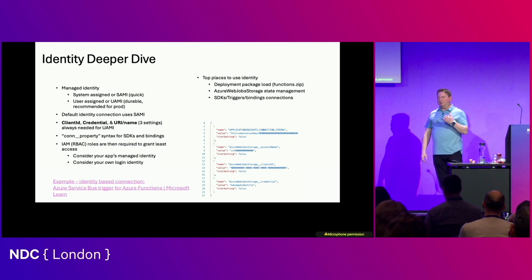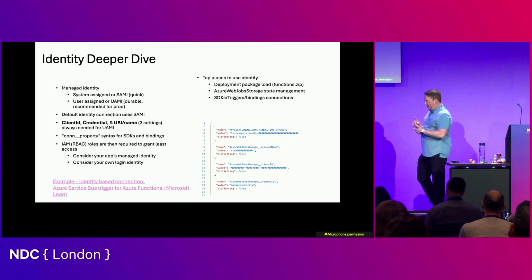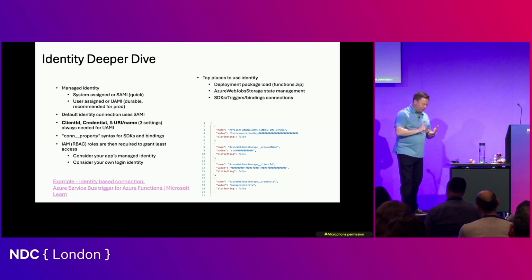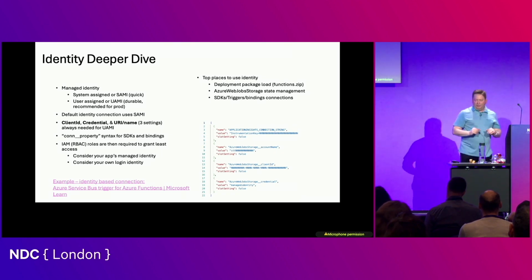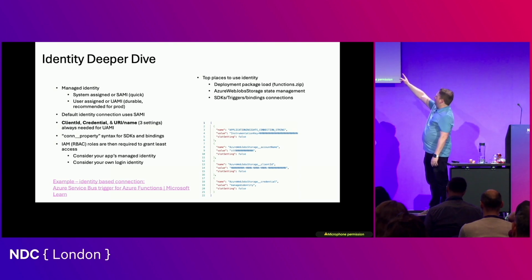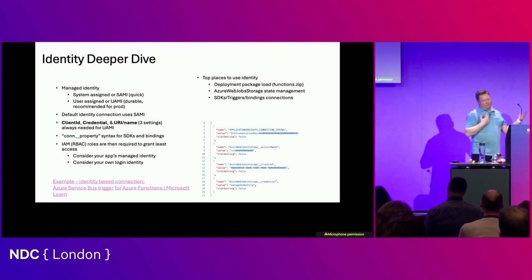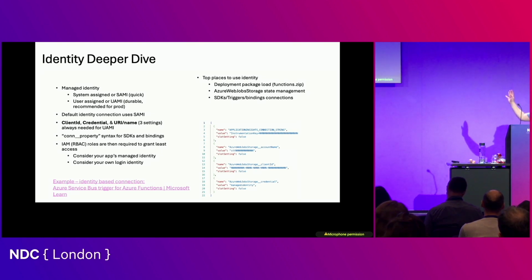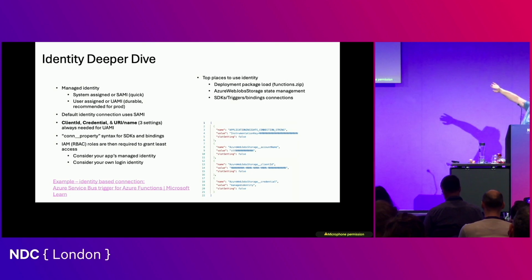And then the third thing is if your app has outbound dependencies, and all the things I mentioned, VMs, Kubernetes apps, web apps, functions, container apps, all of them, they all have this concept of an external connection. And we're going to set it up exactly the same way with the URI or account name, the client ID, or the credential. So the awesome thing is if you memorize this slide and apply it, you've got it licked. And just remember those vectors, the deployment package, the internal state management, and then all your outbound dependencies like SDKs, triggers, bindings.